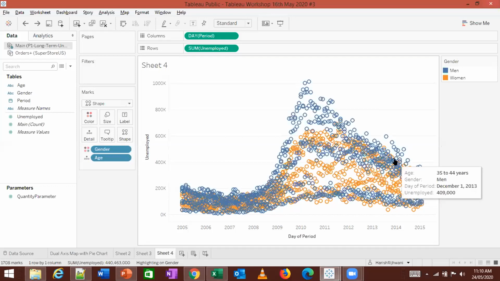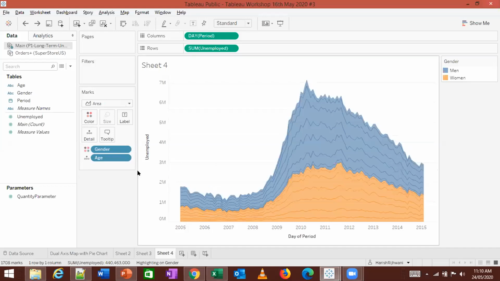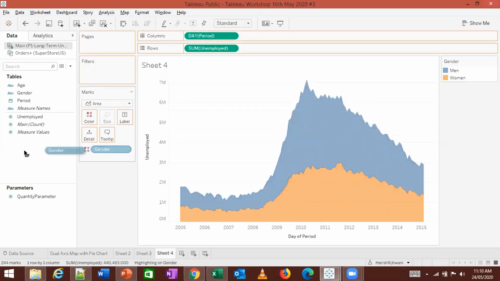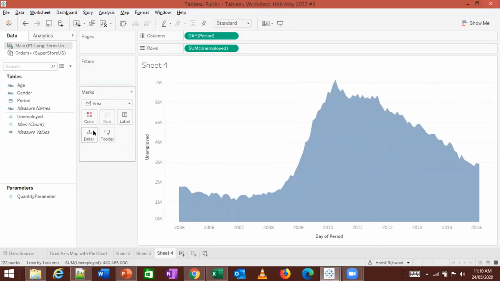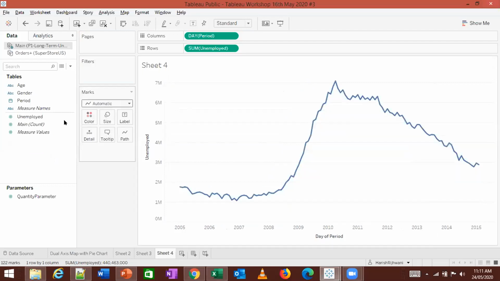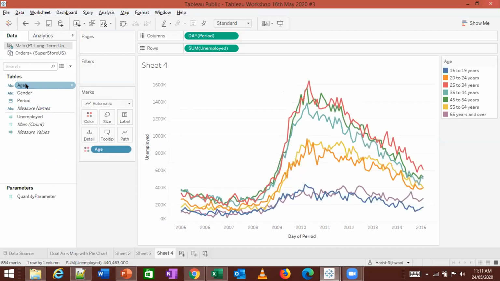Rather than doing it this way, we can actually do it. One second. The easier way to do it would be, I take multiple graphs of age, gender into color.